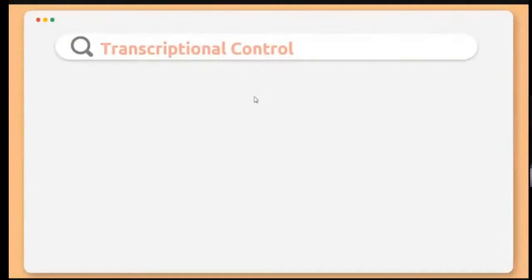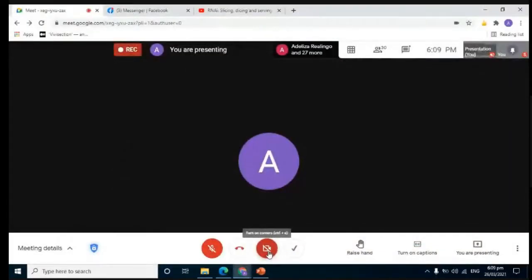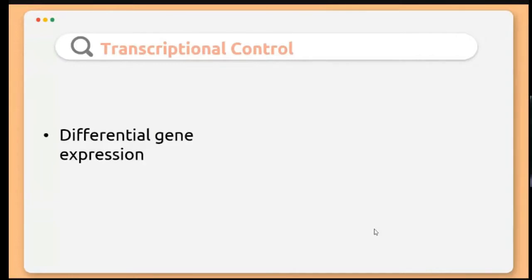So in the level of transcription, or in transcriptional control, we have this so-called differential gene expression. So dito natin mas makikita kung bakit nagkakaiba-iba yung types ng cells na na-express